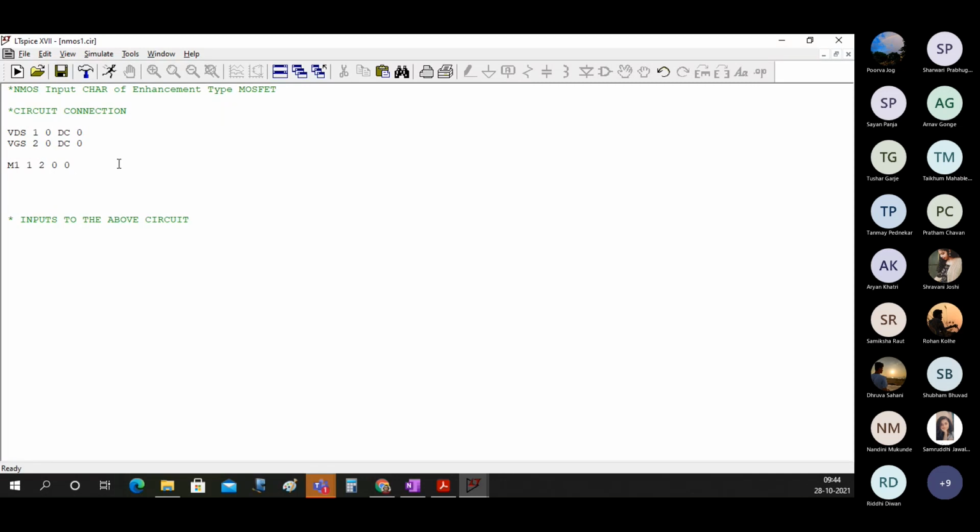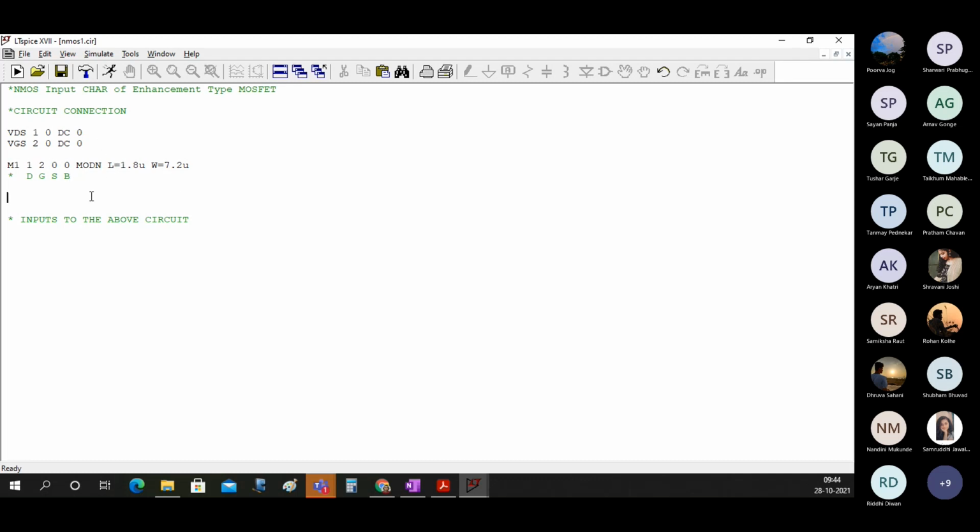The name of this MOSFET model is mod N, the length of this MOSFET is 1.8 microns, and the width of this MOSFET is 7.2 microns.